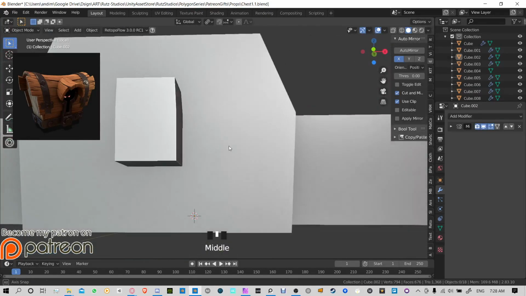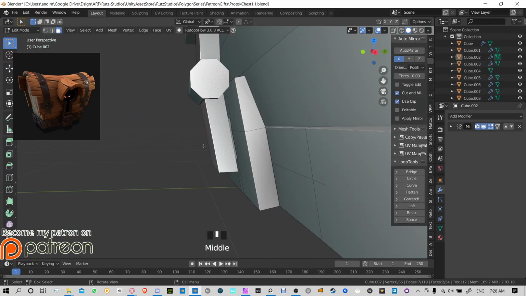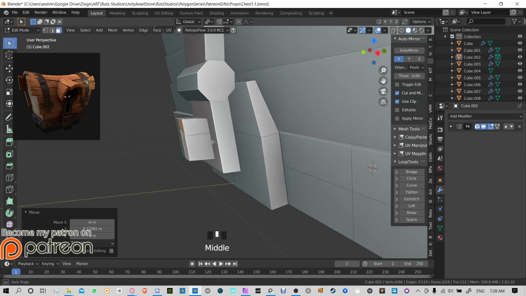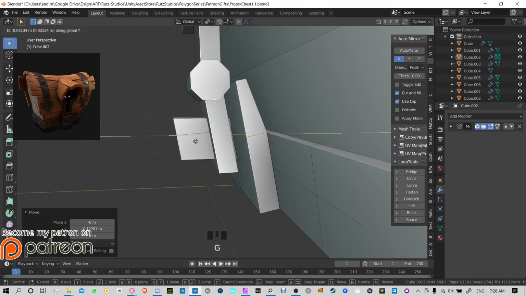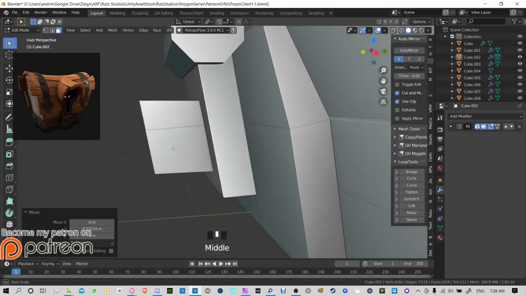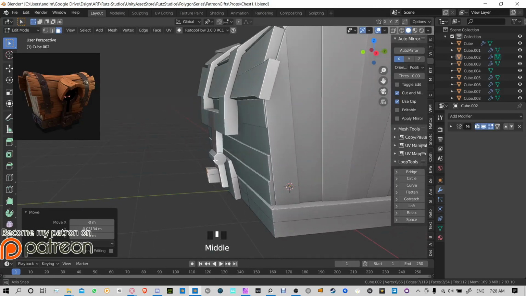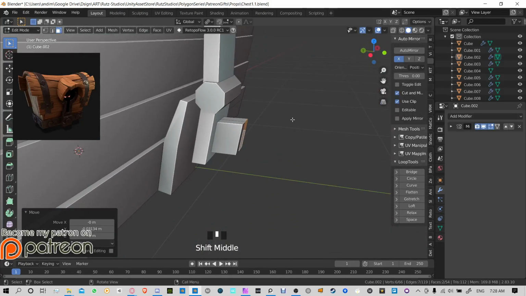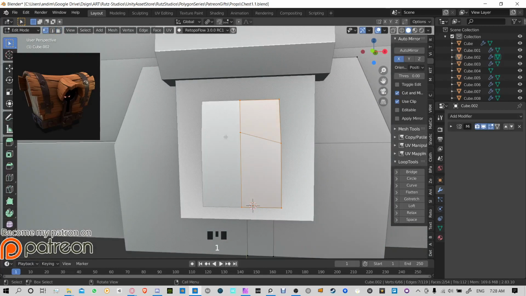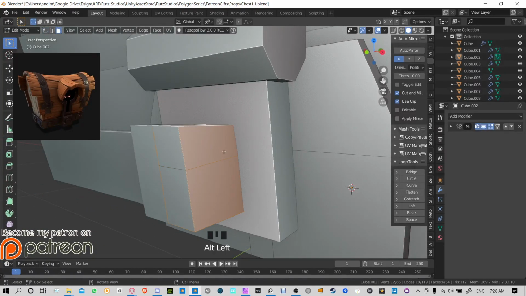Make sure that's as flat as possible. So we can grab these, let's go back and just grab Y, pull it out, grab Y and pull it out a little bit more. It's a little thick, but I mean, depends on you. Stylized, you can do whatever you want. In this case, I'm gonna leave it like that, but you can always just, if you want,